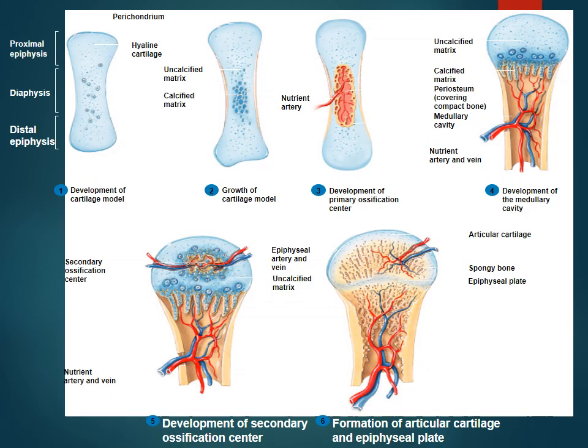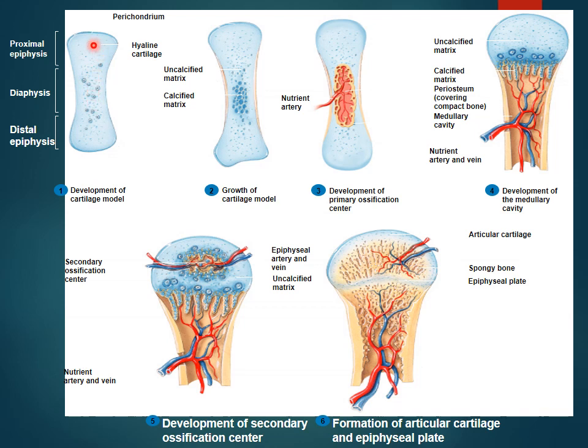So here in this slide you can easily see the development of the bone by intracartilaginous ossification. Please keep in mind that the ossification process is also known as osteogenesis. So this is intracartilaginous osteogenesis, in which you can see this is the model of hyaline cartilage which is initially